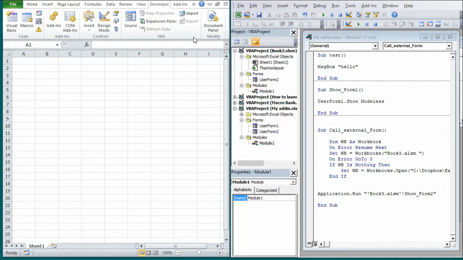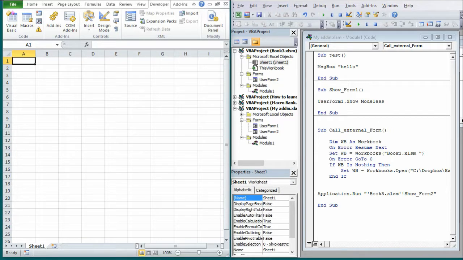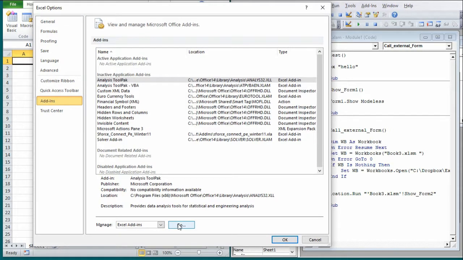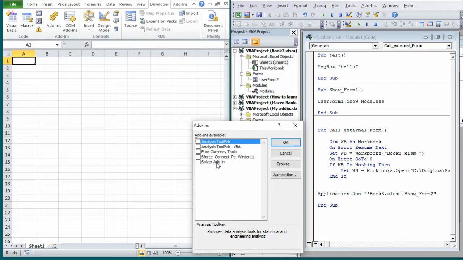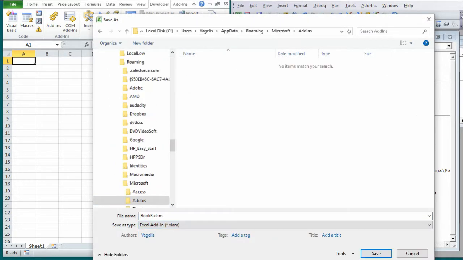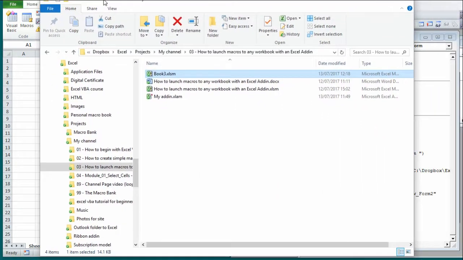How can we make our add-in open when Excel opens? Previously I saved the add-in to my Dropbox and not the predetermined folder path. And so if I go to Excel options, add-ins, the add-in is not displayed there. So there is no option to open my add-in when Excel opens this way. So what I can do is I can take the path that the add-ins are stored, copy and paste,